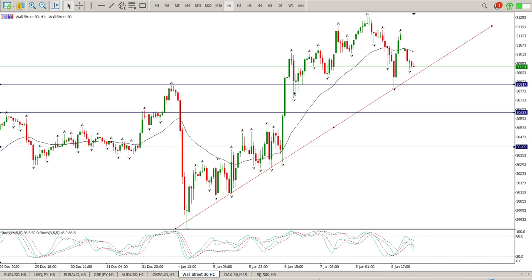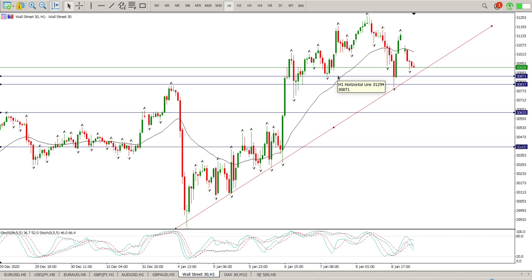What there is here, though, is a potential head and shoulder. So there is a shoulder, there is a head, there is another shoulder. And this would be the neckline here, 13,817. And if you're a bit conservative like me, you'd be looking at that to break out, but a lot of people would be looking at 13,871 as the neckline. Okay, so